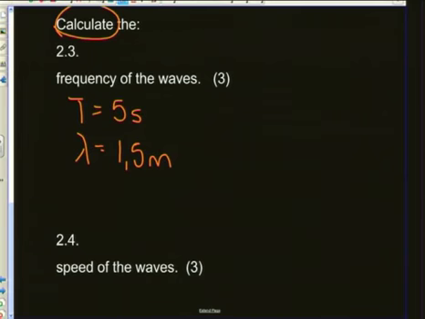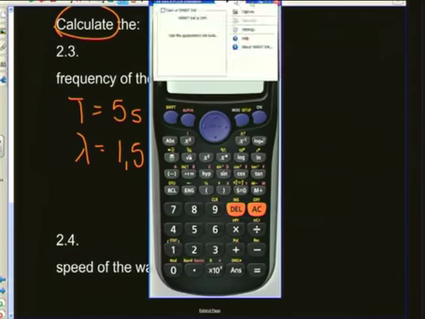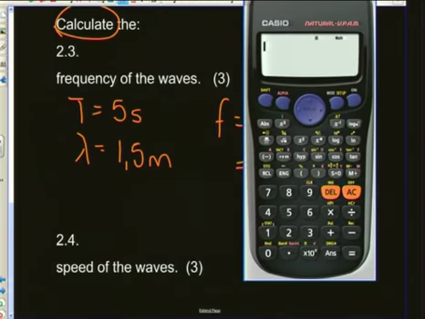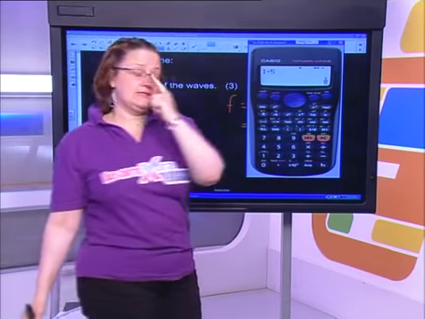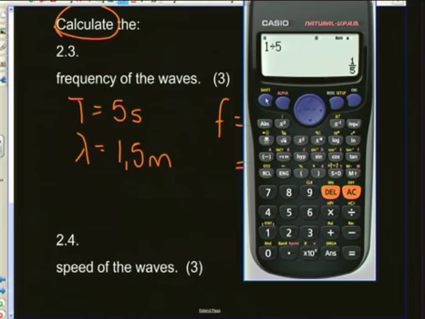They want frequency, and we look on our information sheet if we can't remember it, but that's fine, because frequency is 1 over period, okay? So it's going to be 1 divided by 5. So we take out our calculators, and we go 1 divided by 5, and you go, oh, but Tracy, that's what you've written down. In a science exam, you never leave an answer as a fraction.